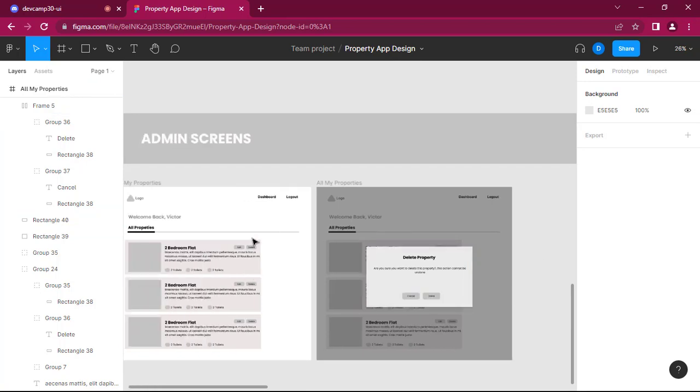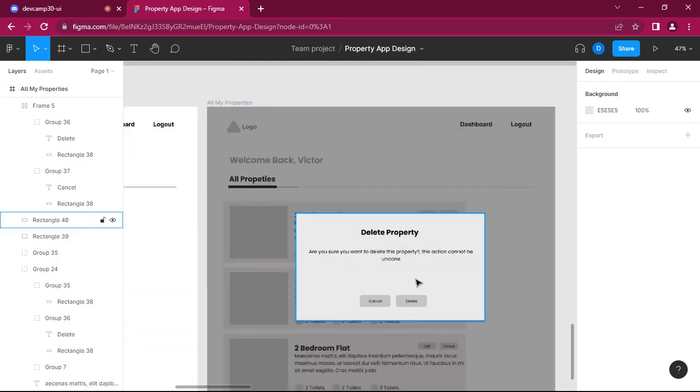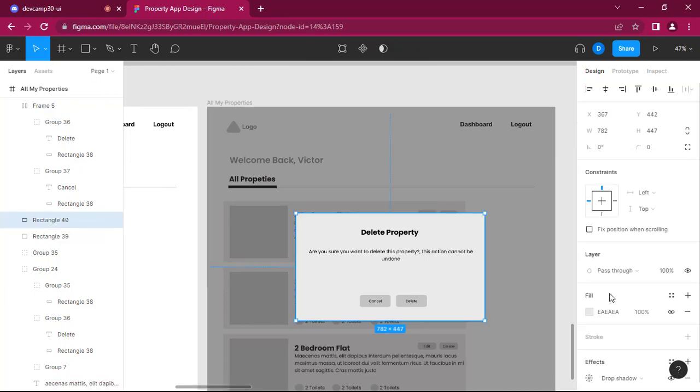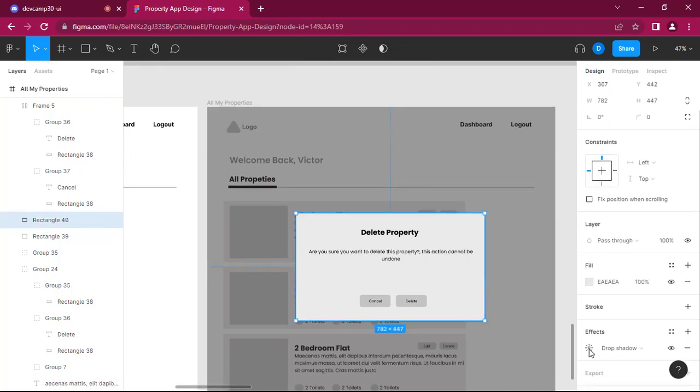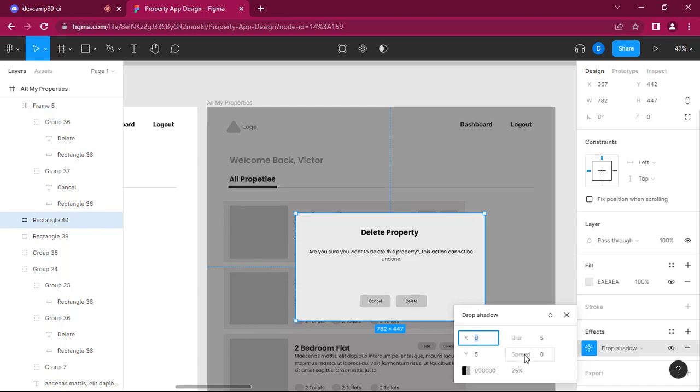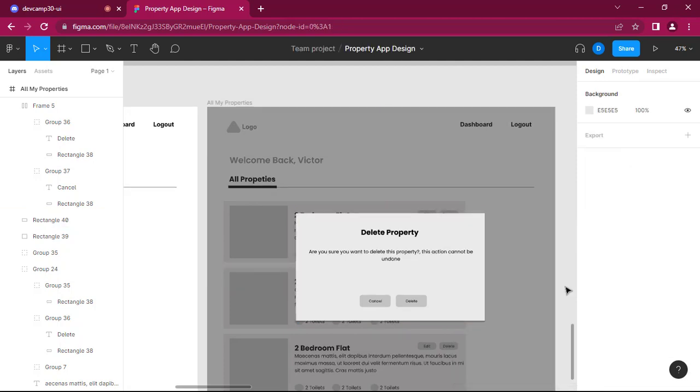So the thing is, once you click delete, it brings up this prompt and says, "Do you want to delete?" The idea is that it deletes the particular property that you put there. We can design our own mobile part. So thank you guys for being present today, and I'll see you guys in our next